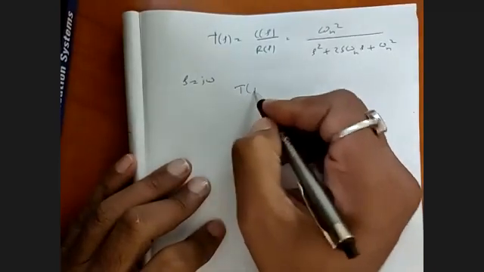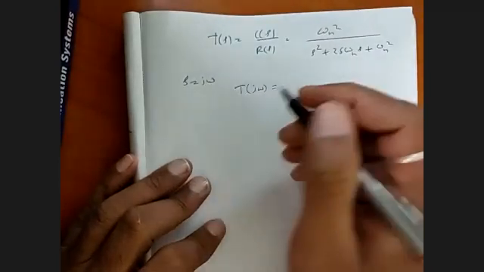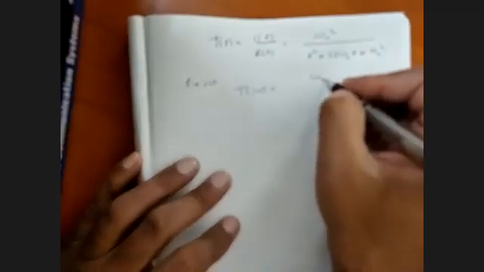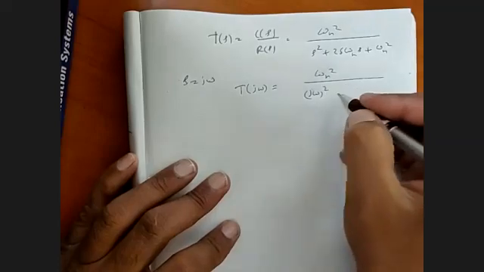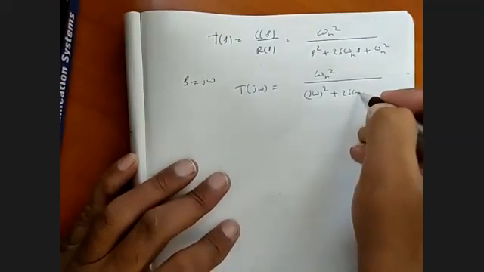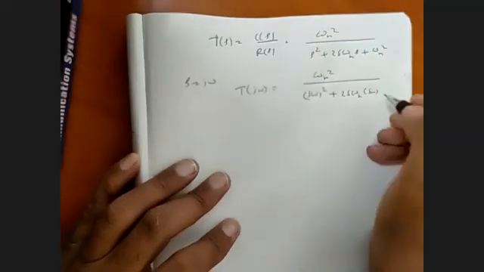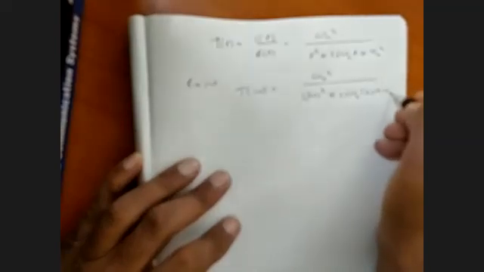So T(j omega) will become omega n square upon (j omega) square plus 2 delta omega n j omega plus omega n square. So it will become 1 upon